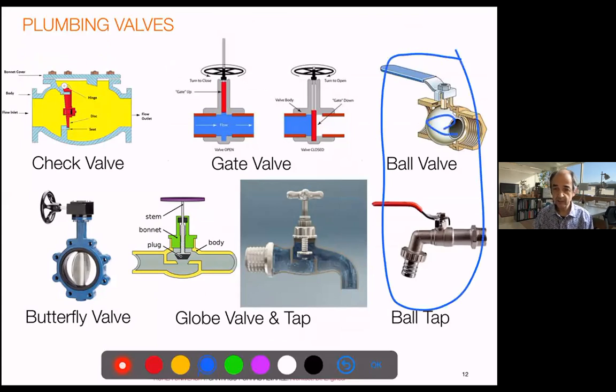It is very reliable, mostly just to open and close. This is what you will see often in industrial applications, gardens, and so on. The globe valve is the most usual tap we use in general in houses, right? That allows for a more continuous regulation of the water flow.